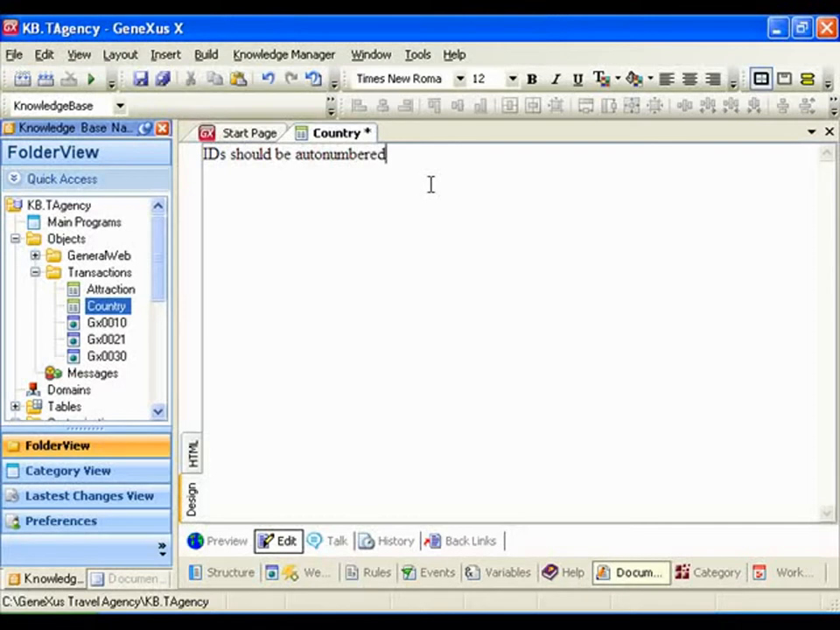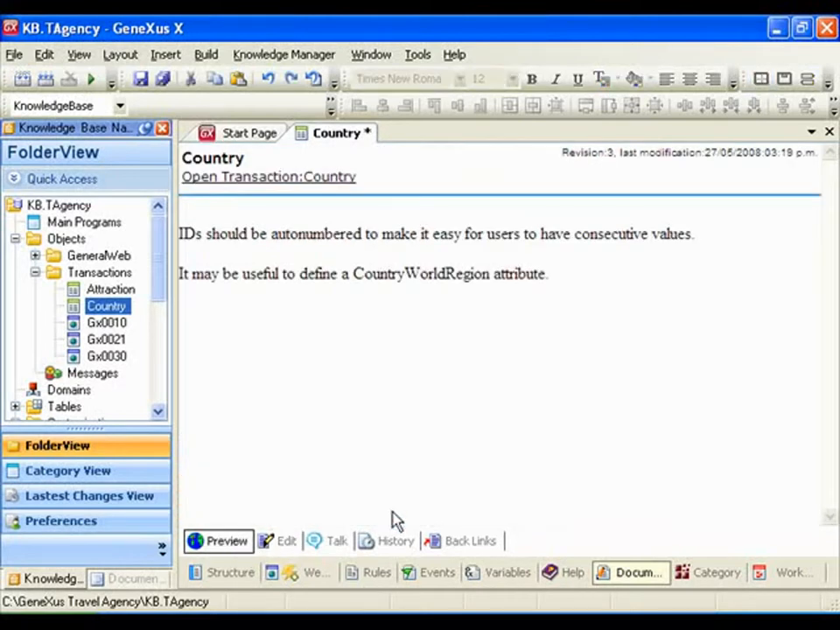I'll say that IDs should be auto-numbered, and that it would be convenient to define an attribute that would allow us to save the region of the world that this country belongs to. If we click Preview, we can see what our documentation will look like. We save the changes,